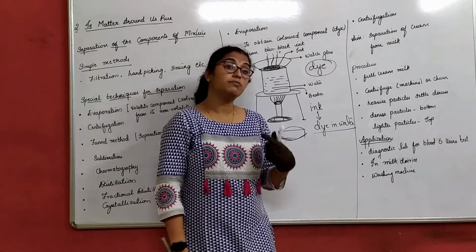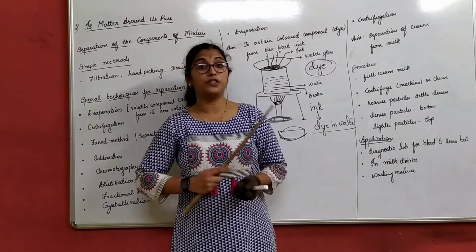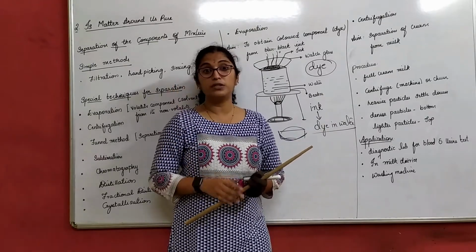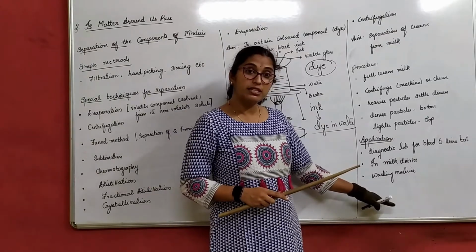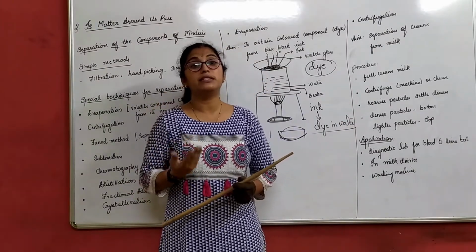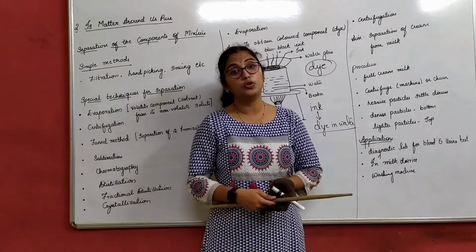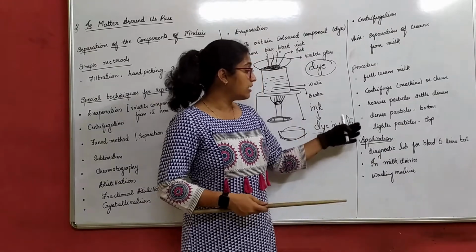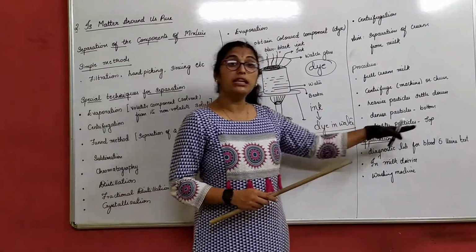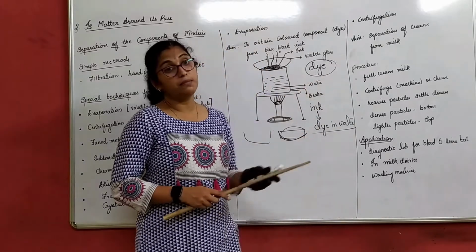Tomorrow when your washing machine is spinning, I want you all to see and understand the position of the clothes. Of course you will not see the water, but you can see the position of the clothes. I will discuss this point in tomorrow's class again, because if I tell you the answer now, you will not go home and see your washing machine spinning. Anyway, you know the procedure of churning buttermilk. So these are the applications of centrifugation or the centrifugal machine, which we use in separating the cream from milk.